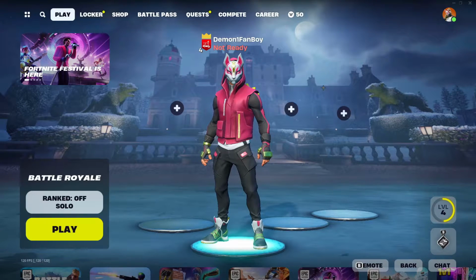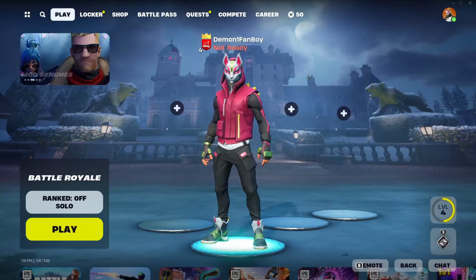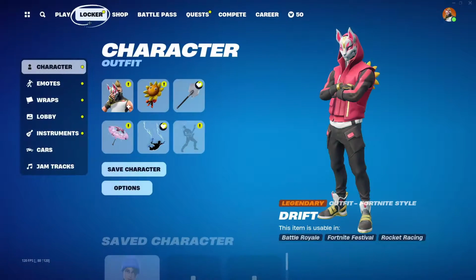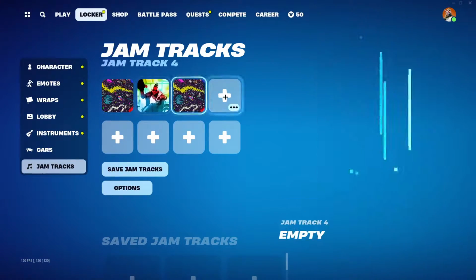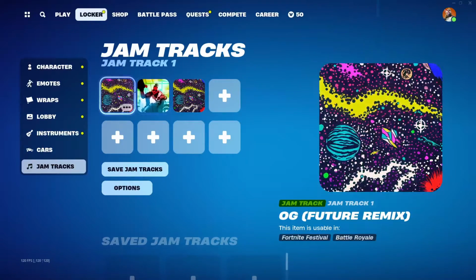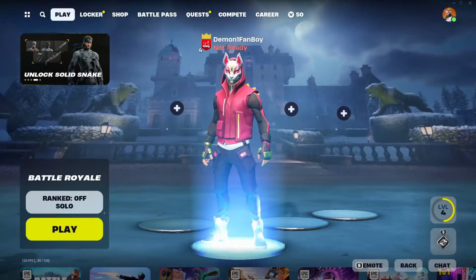And in today's video I'm going to show you guys how you can use jam loops in Fortnite. So to do this, firstly you need to head over to your locker and scroll down a bit till you find jam tracks, and in your inventory jam tracks you need to equip your jam tracks in any one of these slots. Once you have done that, you need to load up your game,